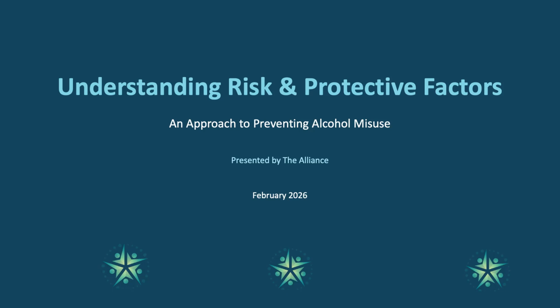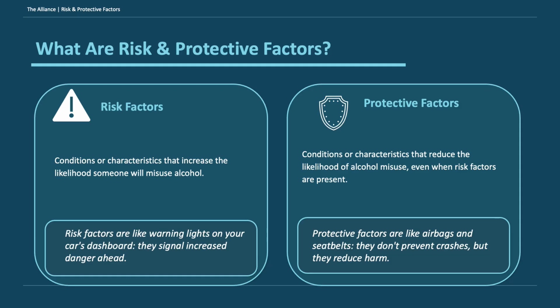All right. So, just to make sure that we are all coming from the same place, if we think about what risk and protective factors are, risk factors are the conditions or factors or characteristics or settings that increase the likelihood that someone will misuse alcohol. And it's important here, when I'm talking about risk and protective factors, I'm not going all the way necessarily to alcohol use disorder. We are really just looking at the broader population level impact of alcohol misuse. Could include binge drinking, excessive or heavy alcohol consumption, underage drinking, those types of things.